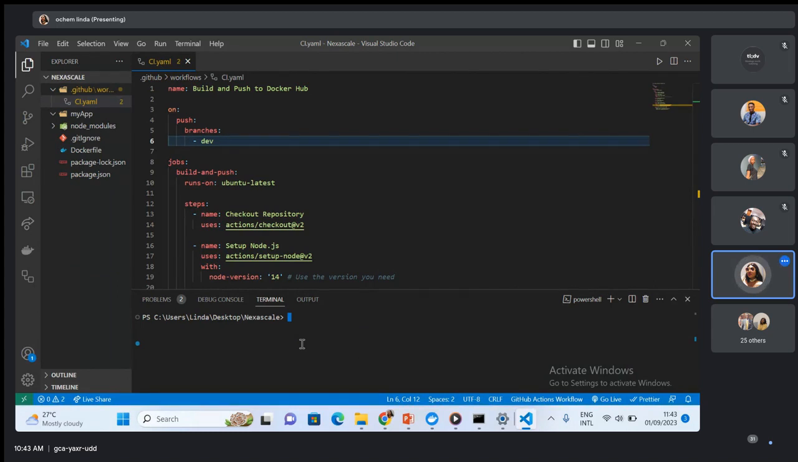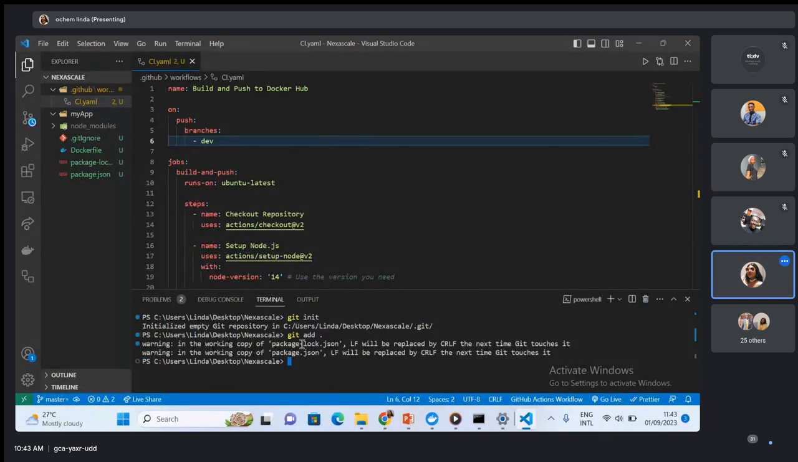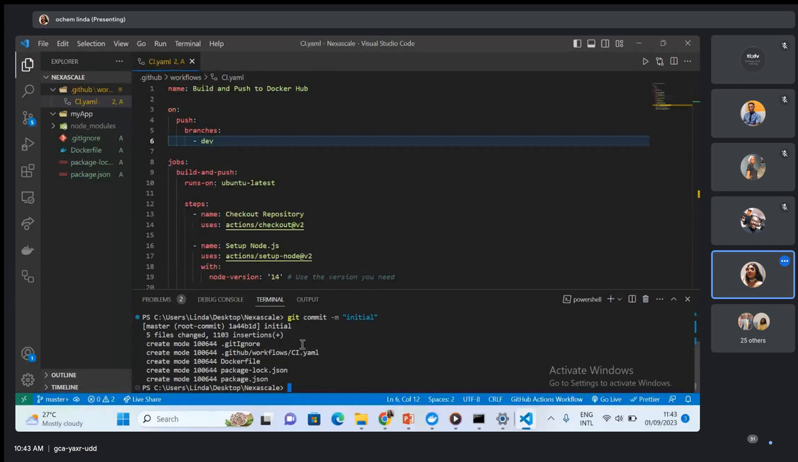So I would git init all over again. Git init, git add. Showing on track. Let's see. Okay, git commit with a message that says initial. Just say initial. And okay, I'm in master branch, so I have to switch to the dev branch. Git checkout dev